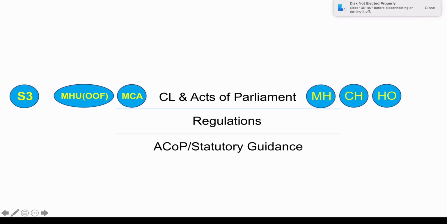Underneath that, you'd have ACOPs and statutory guidance. Now, ACOP is an approved code of practice, and statutory guidance is stuff with special or specific, if you like, legal standing. Now, they deal with a wide range of hazardous materials and working practices, and employers who are prosecuted for a breach of health and safety law who have not followed an approved code of practice or have not followed statutory guidance, which is something issued by a minister, for example, under one of the acts that are above as examples, the court will actually want to know why you didn't follow it.